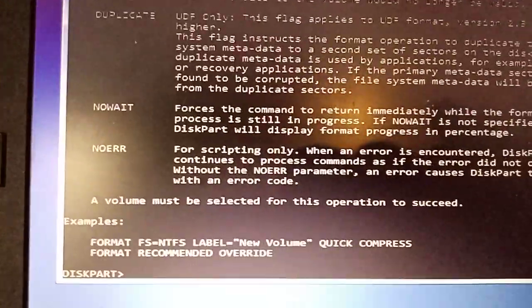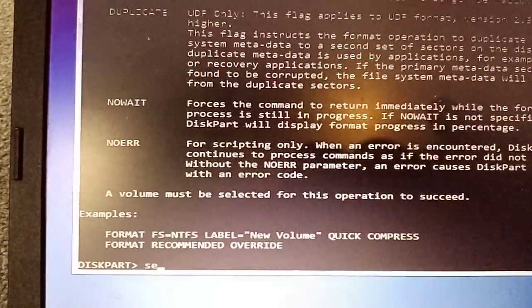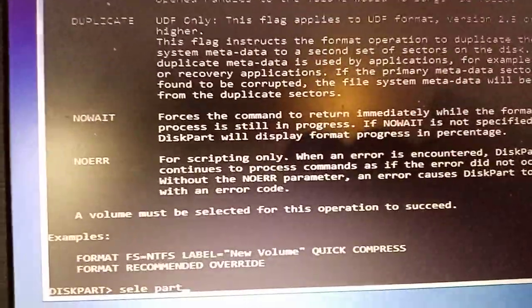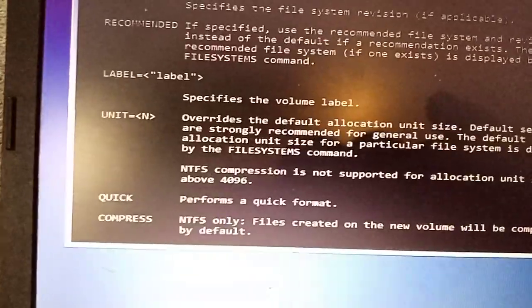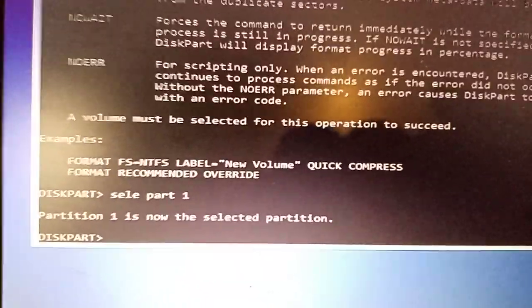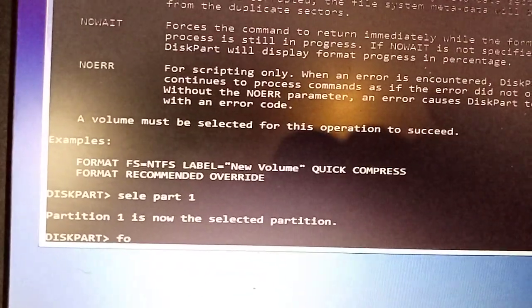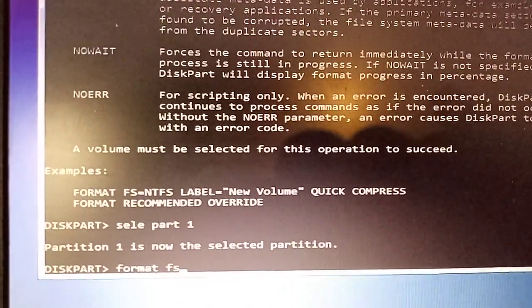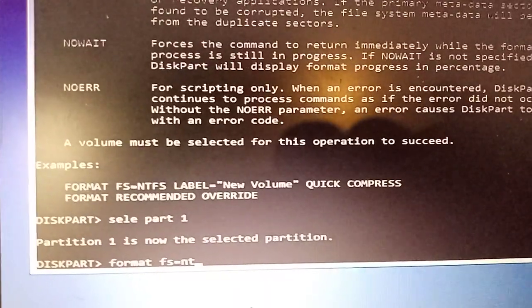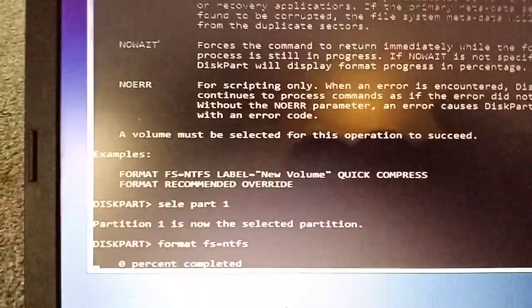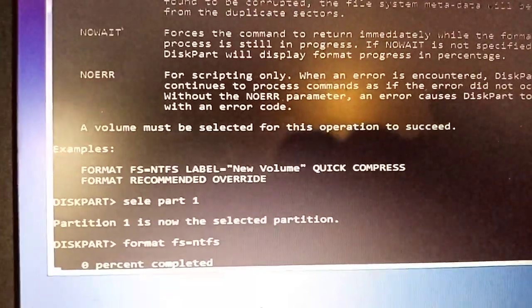Oh, I didn't actually hit shift tab. Okay, so we'll go select partition. Okay, so we'll go format. Alright, so it's going to take a long time. I mean, this could take